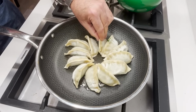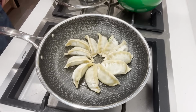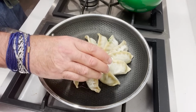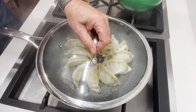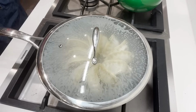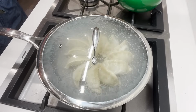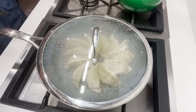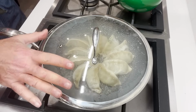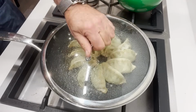So it's been about 90 seconds, maybe 2 minutes, and they're starting to brown. So that's when we're ready to add some water. And the lid. And sort of let them high pressure steam in there. That will take care of any frozen aspect to the inside of those dumplings. And then when it quiets down and we're just sizzling again, that's how I will know when they are done. It's about 2 minutes later,